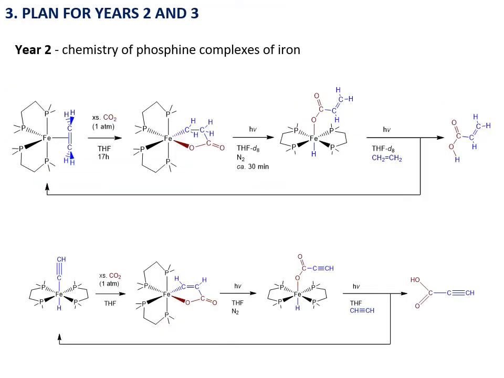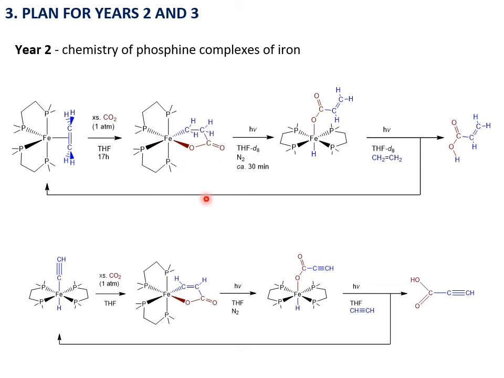My plans for the second year of my PhD is to focus on iron chemistry. As part of this, I will revisit and continue some of the previous work done in terms of catalytic carbon dioxide coupling. Here are two examples. For the iron ethylene DIMP system, the previous work synthesized the ethylene complex and reacted it with CO2 to obtain this metallolactone complex.